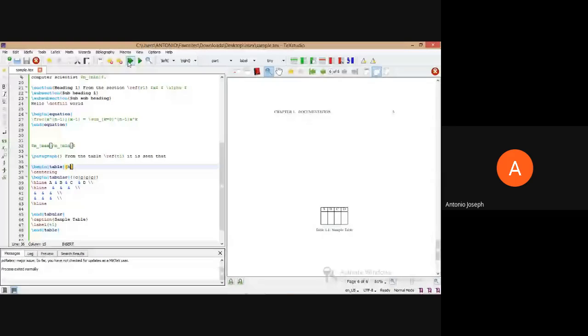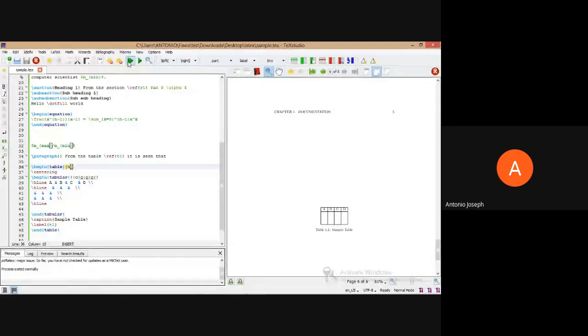Suppose you have some 10 figures and we need to place each one after a paragraph, and that paragraph contains the explanation of that particular figure. But in LaTeX, it may happen that all the figures fall on the last page, or at the end of all these paragraphs, all these figures will be present.